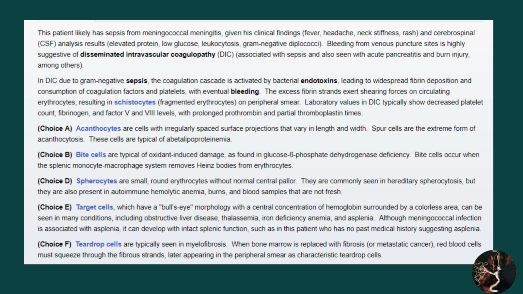So, in case you didn't know about meningitis, then this question was not for you. You need to first of all understand how meningitis presents to you. You need to understand the CSF findings. You need to differentiate between the various signs and symptoms of meningitis. And even though that information was not needed to solve that question, still, while you review that question,